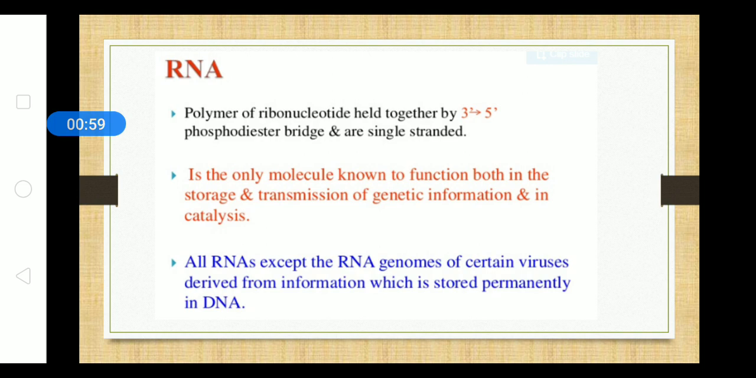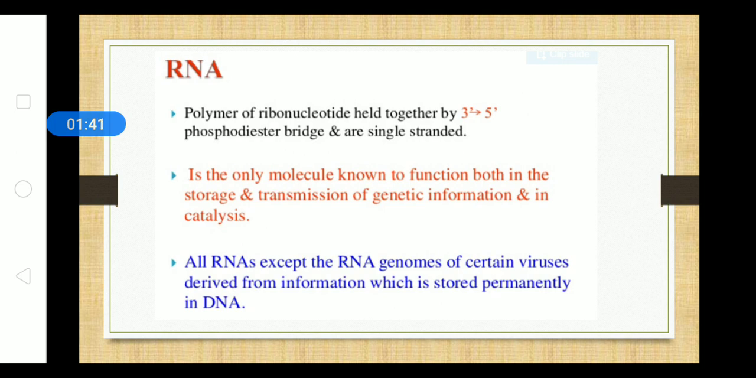So what is RNA? RNA is nothing but a polymer of ribonucleotides held together by 3' to 5' phosphodiester bridges, and it's single stranded. So you can also say that RNA is a complementary strand of a specific strand of DNA. DNA has two strands, one 3' to 5' and another 5' to 3', as they are antiparallel to each other. So we can say that RNA is the ribonucleotide synthesized from any one of the